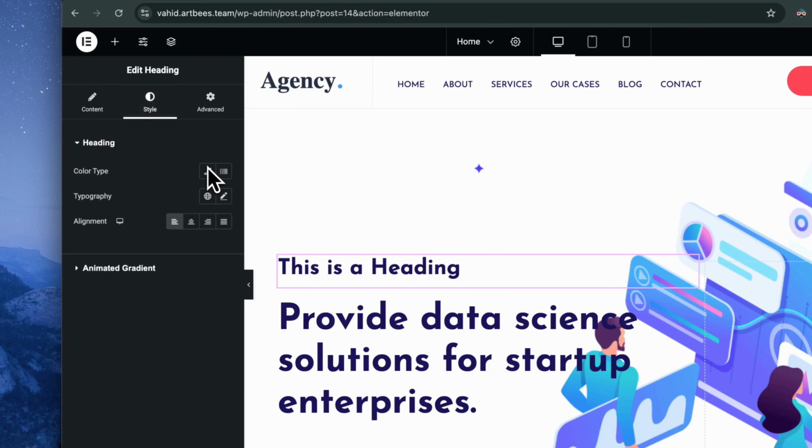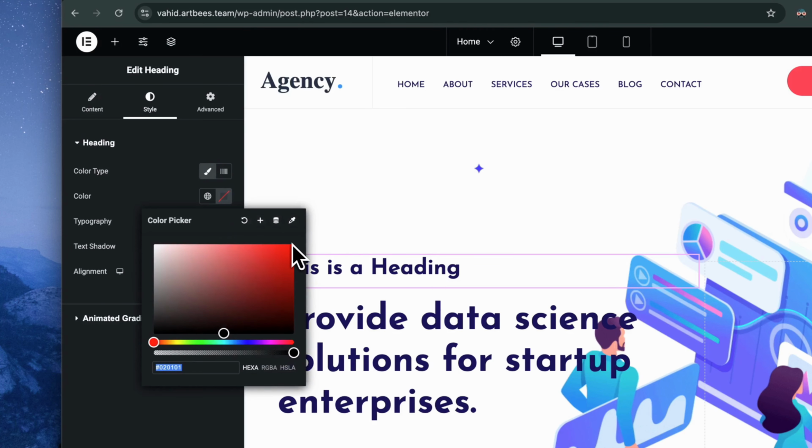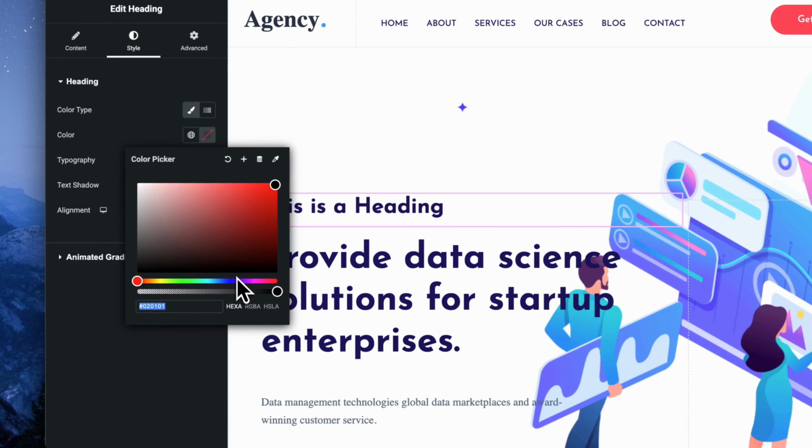Next, I'll click the Edit button for the heading's color selector so we can access its options. I'm going to open the color picker for the heading color now. Now, let's pick a color from the color picker. I'm selecting the blue color from the color picker. We can select our desired color by dragging the color selection indicator in the color picker to select a different color for the selected element.